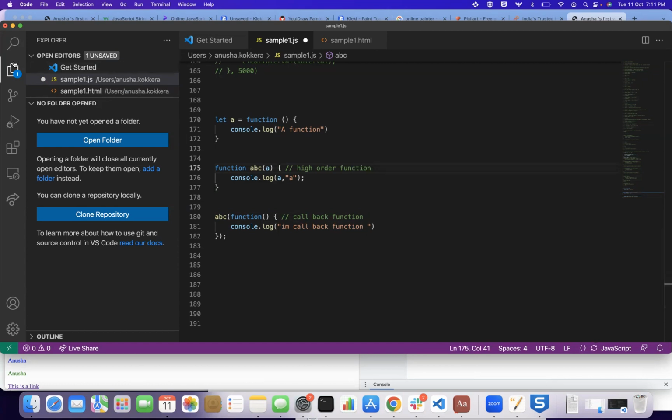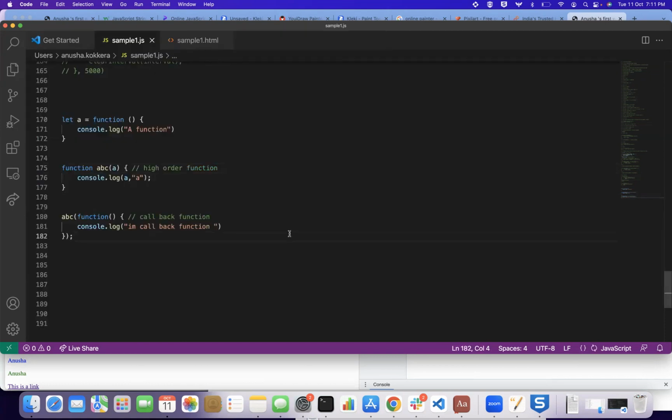Any doubt, or shall I explain it once more? Understood? Understood, or shall I repeat it once more? Yes, Anuja. Shall I repeat? Is there any example for that? No, that's okay. This is the example I am giving, right? The function which is passed as an argument. Okay. What I told. For example,